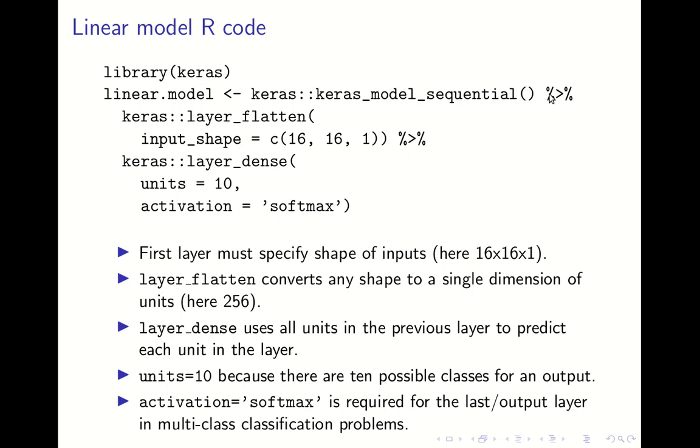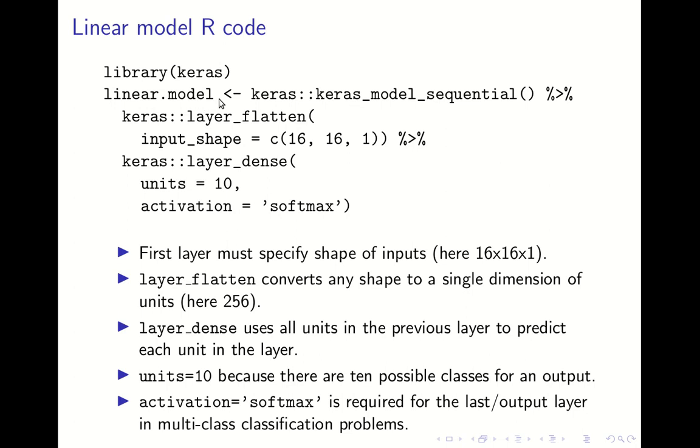We put it through this pipe operator to chain the different layers together. This %>% thing is what we call a pipe operator in R, and it means to combine these operations together. So in the end, we end up with this linear model